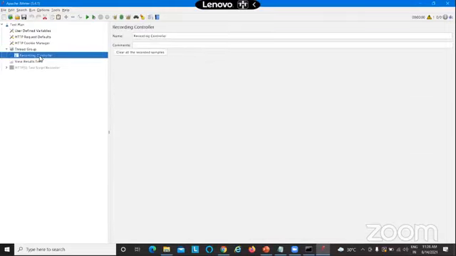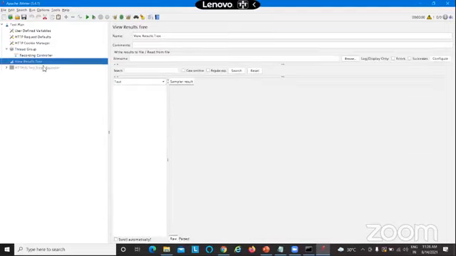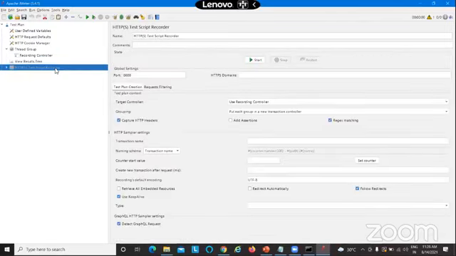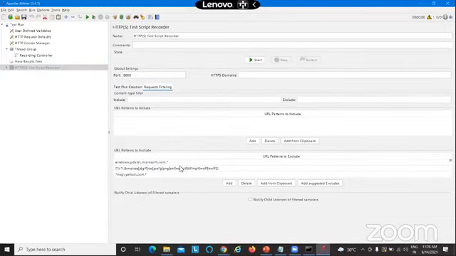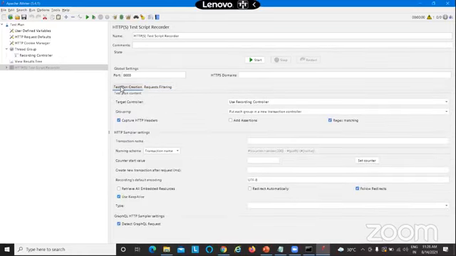It gives you a recording controller. It gives you a view results tree. I'll tell you what this view results tree is all about, and a test script recorder. And the biggest advantage is this actually comes with some request filtering as well. I'll tell you what these details are. So all these things come as a template. So rather than manually adding them, you can go and select a template, and that template will have all those required information.